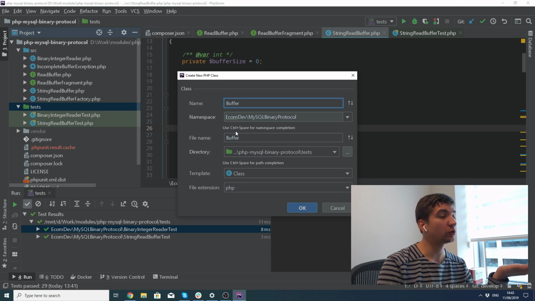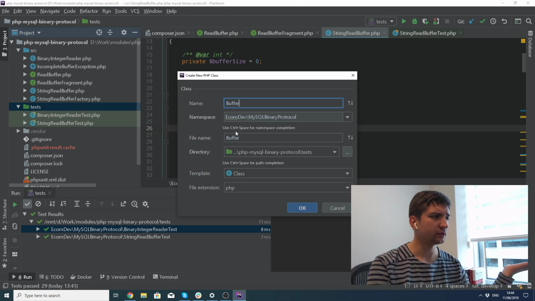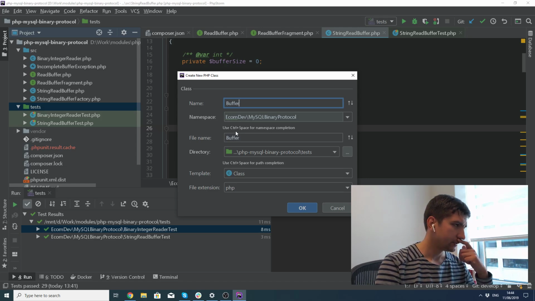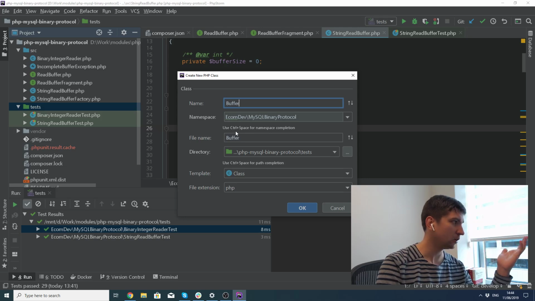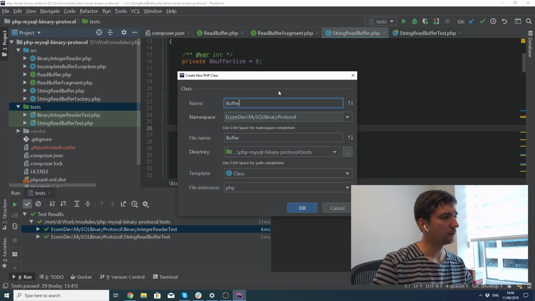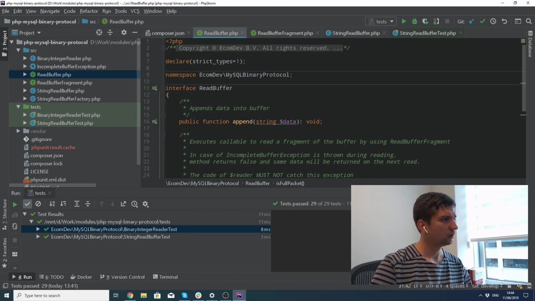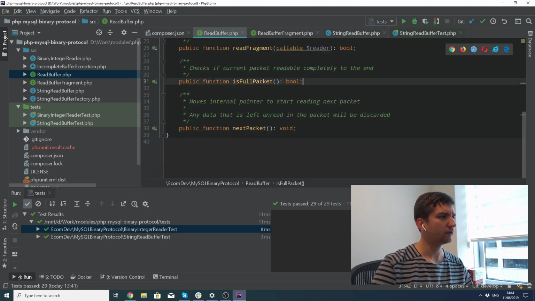Yeah, I just want to call it buffer, but I also will have a write buffer, and the write buffer is a completely different implementation, so I need to give it a better name, and read buffer is already taken by that class name. Either I have to rename this one from read buffer into something different,